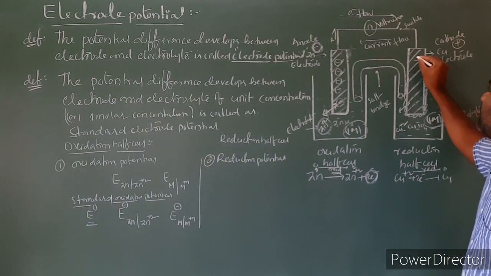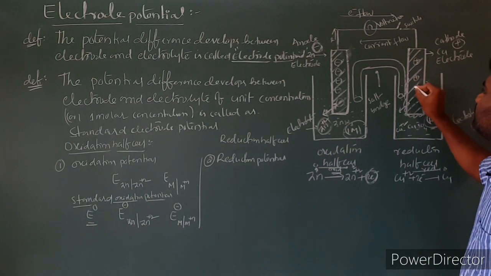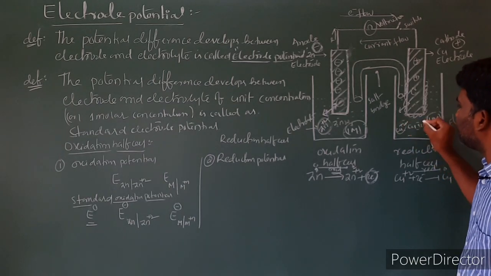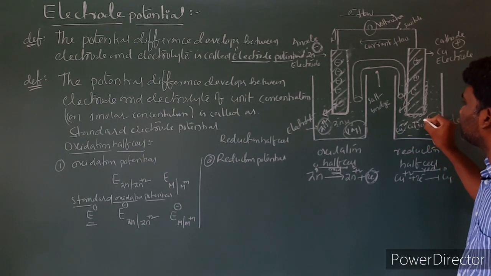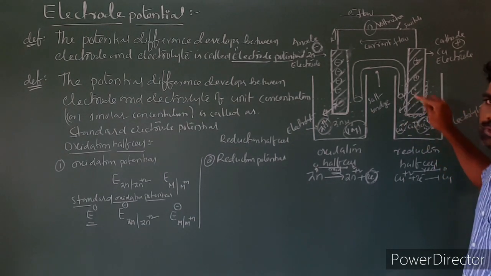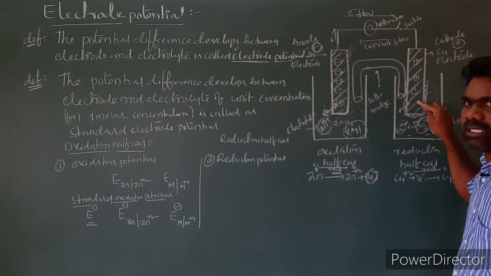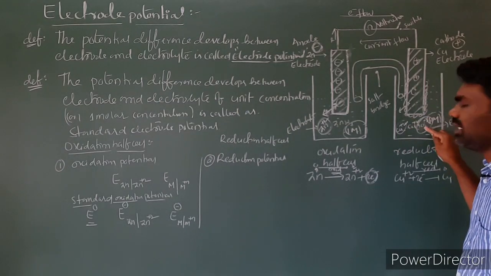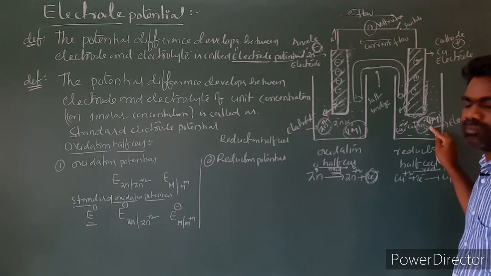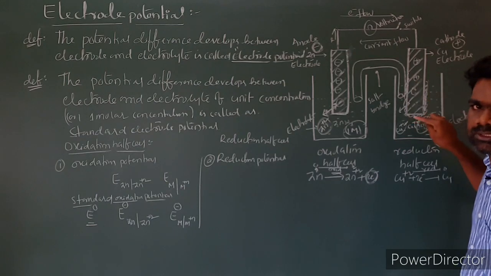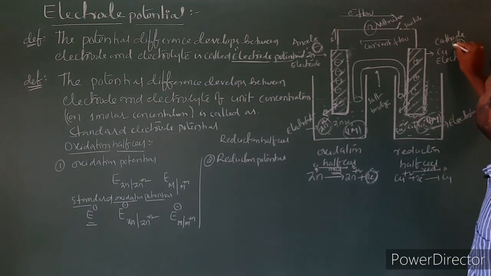Here the copper rod will get a positive charge. If you take the solution, CuSO4 is distributed into Cu2+ and SO4 2-. So the copper rod is positive with respect to the solution. Cu2+ is depositing upon the electrode, as a result leaving SO4 2- ions in the solution. So this solution has a negative charge and the electrode is positive with respect to the solution. This we are taking as a cathode.